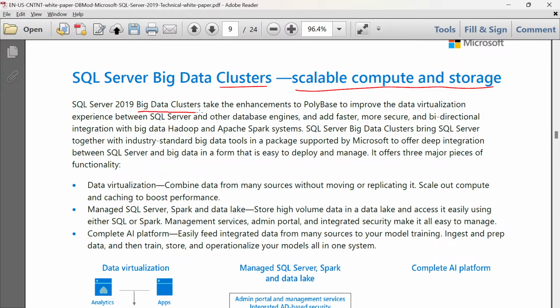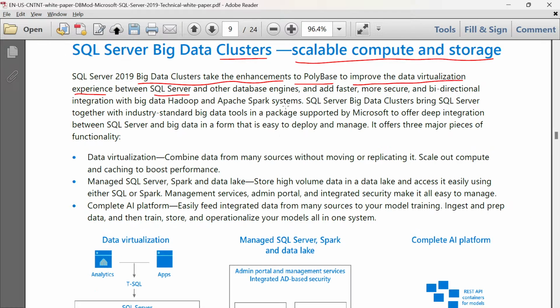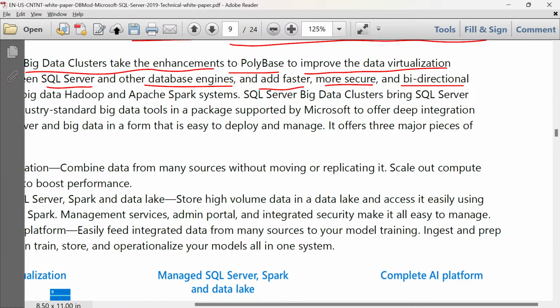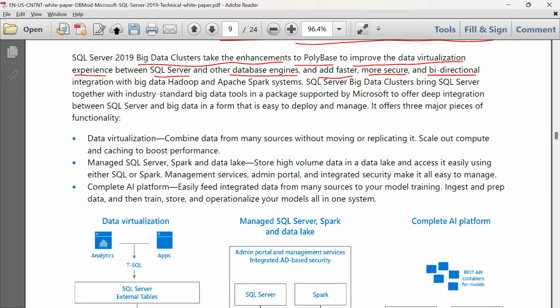The big data clusters take the enhancements to Polybase to improve data virtualization experience between SQL Server and other database engines, and add faster, more secure, and bidirectional integration with big data Hadoop and Apache Spark systems.